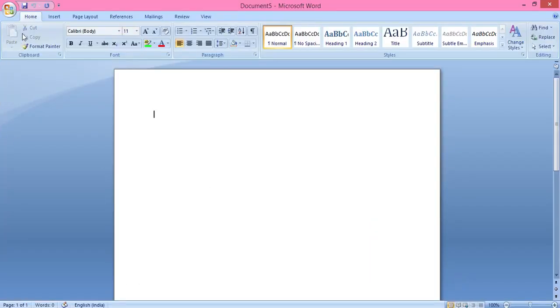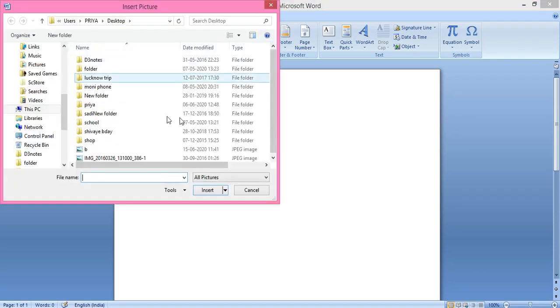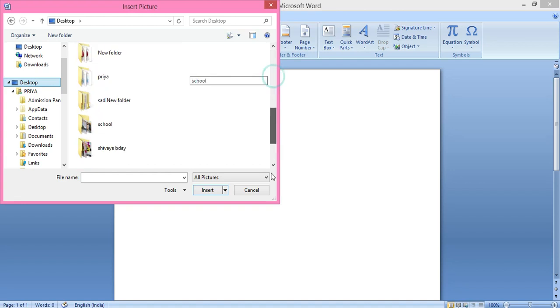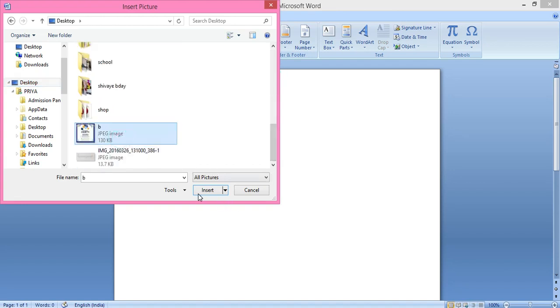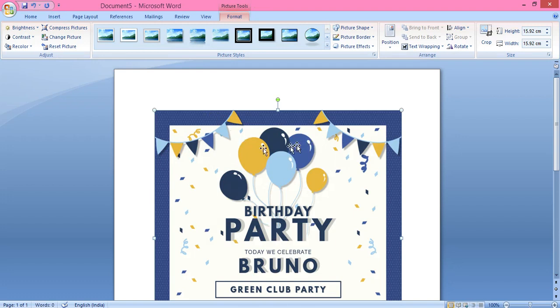I have created one template already, I just want to paste it here so I can invite my friends. So this is the template I have created. You can create as you want.